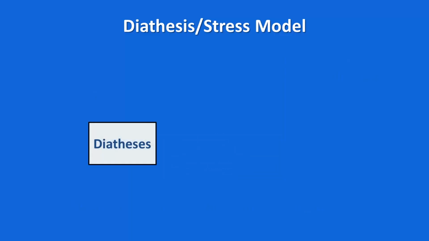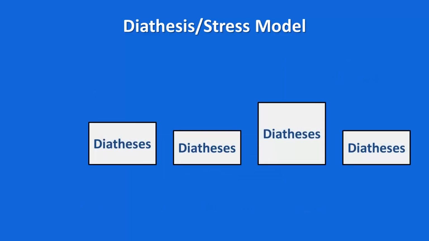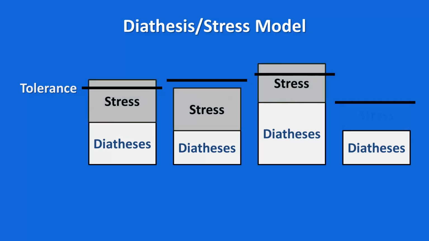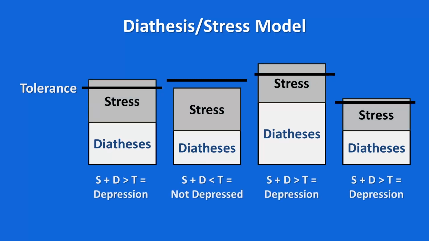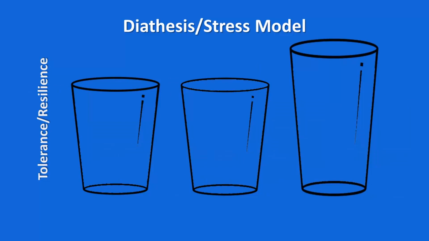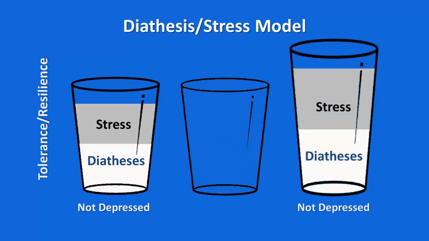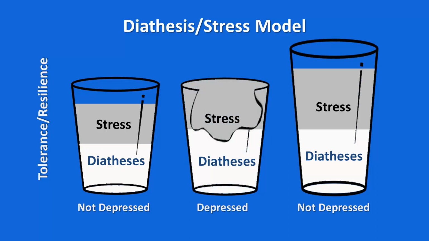And we all have different levels of predisposition, and we're all able to tolerate different levels of predisposition plus stress. So the amount of stress necessary to trigger depression will be different for everyone. So we can imagine having a cup of a certain size that represents our levels of tolerance. And if we pour into this cup more predisposition plus stress than the cup is able to hold, our tolerance cups start to overflow, and we become depressed. So that's a general model of how we get depressed.